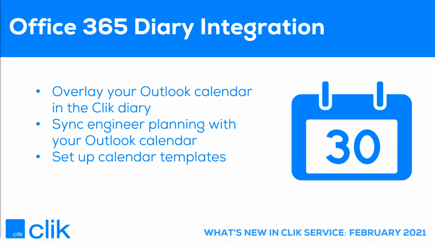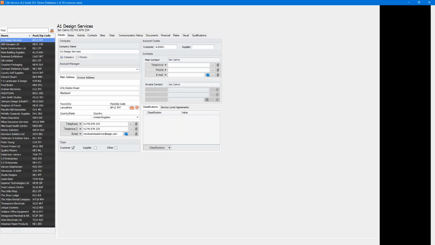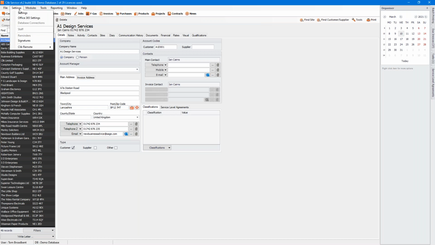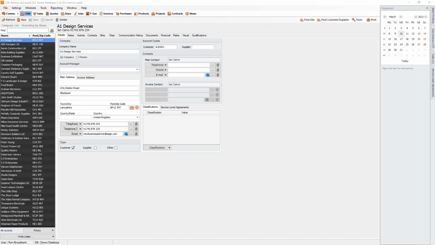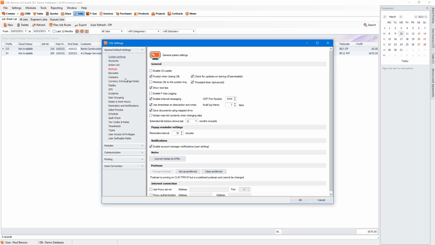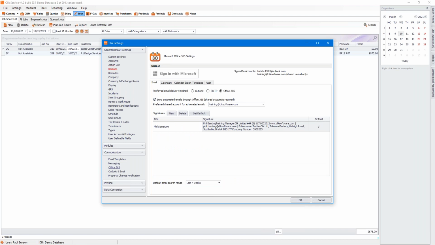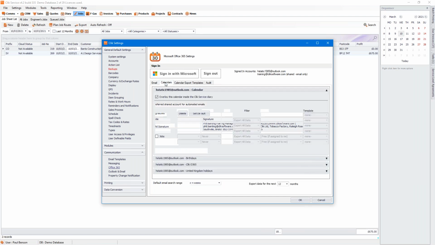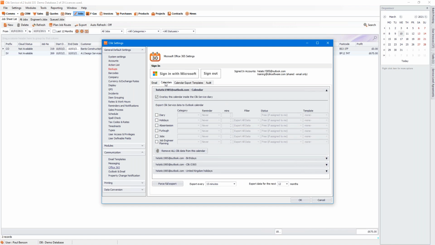Okay, so what I'm going to do now is go back into my Clik, and we're going to go into settings. Not that Clik, that's the wrong one. Let's go into this one. So I'm going to go into settings again, and I'm going to click on communication and Office 365, and we're going to talk about calendars. Okay, so at the moment we've got my main